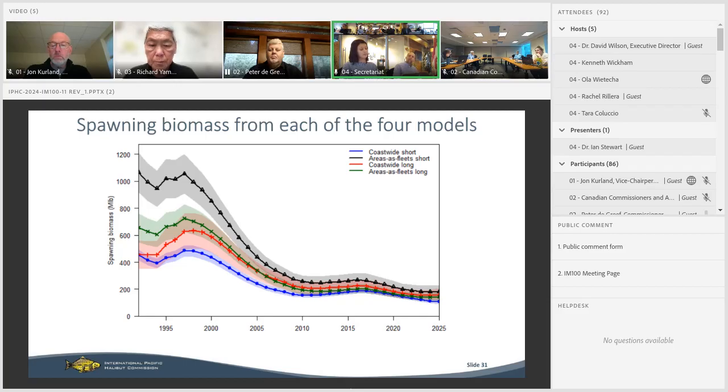That increase in the 2010s was due to the maturation of the 2005 year class. We saw that basically the last big year class we've seen was moving through the spawning biomass. And since that 2005 year class reached essentially full maturity around 2016 or 2017, we've seen a slow decline in the spawning biomass through until 2025. And although this trend is flattening a little bit at the end of this time series, we've been continuing down now for almost a decade.